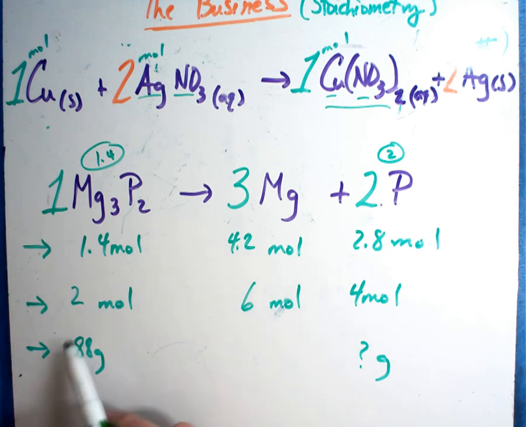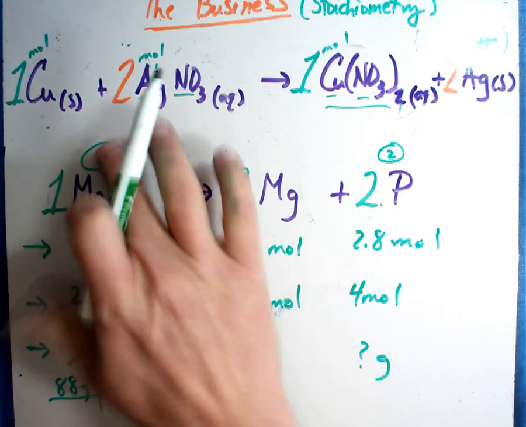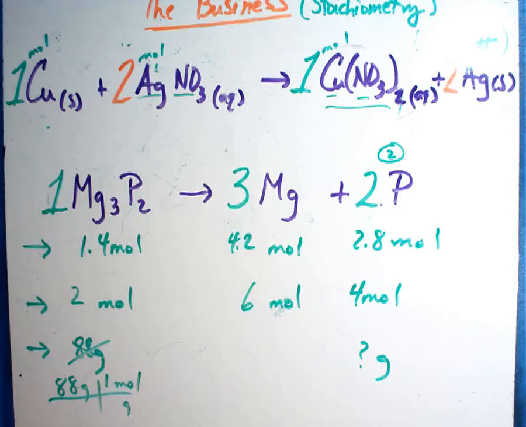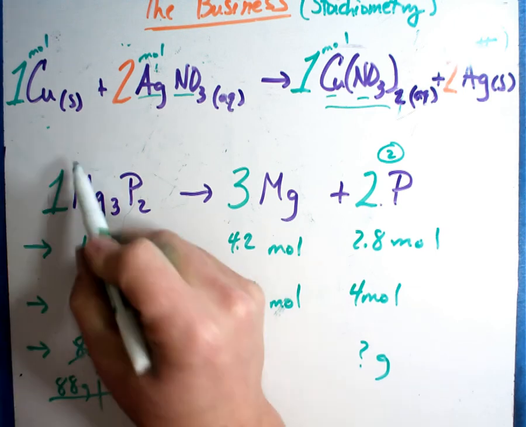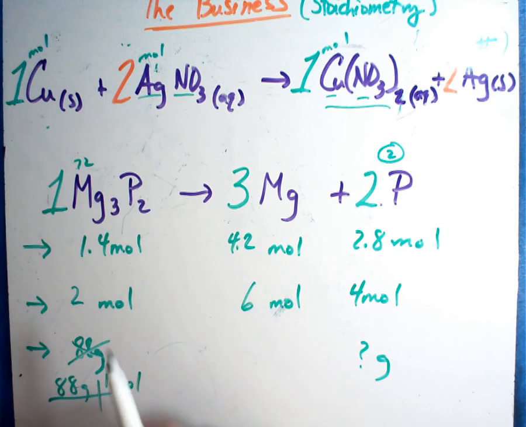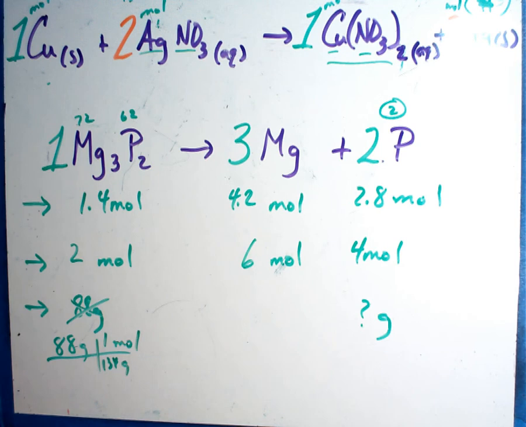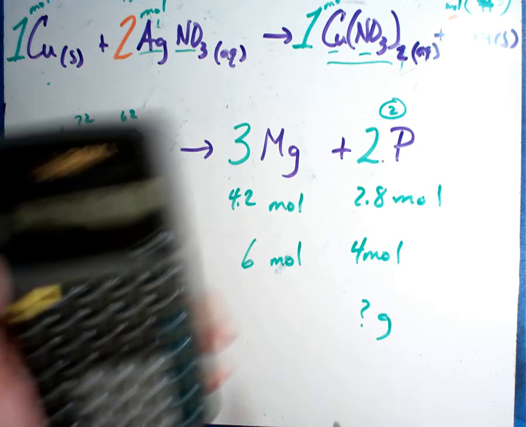In the third one, that's automatically the wrong unit. So I'm going to take 88 grams and railroad track grams to moles. And so 1 mole, I've got to add up off the charts. So let's see, magnesium is 24, so 24 times 3 is 72. And phosphorus is 31. 31 times 2 is 62. So if I add those together, that's 134. So 88 divided by 134 is